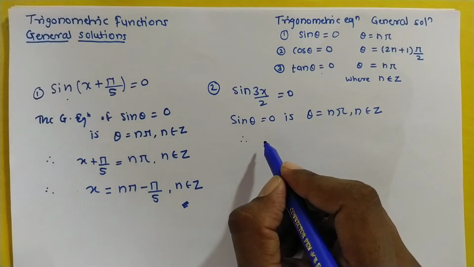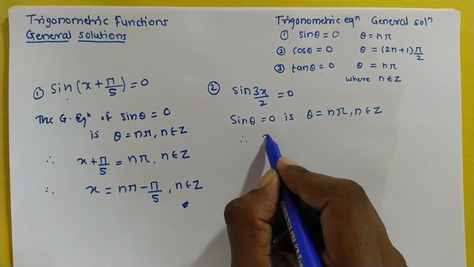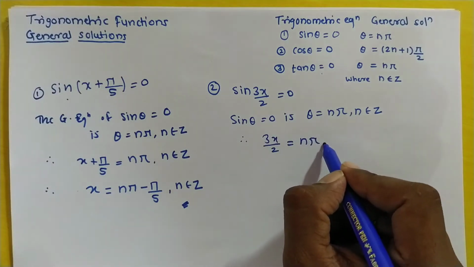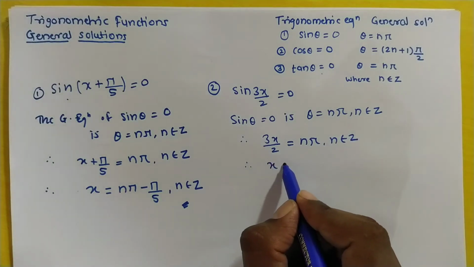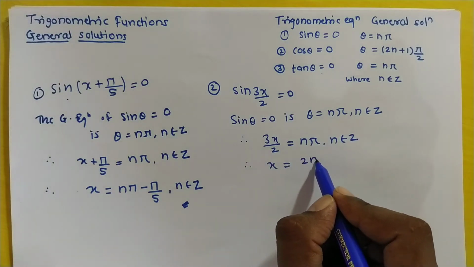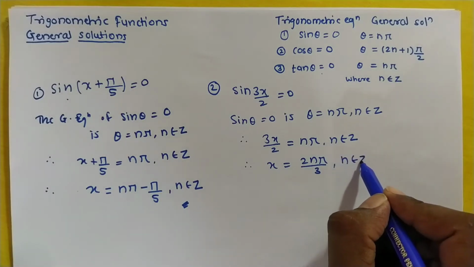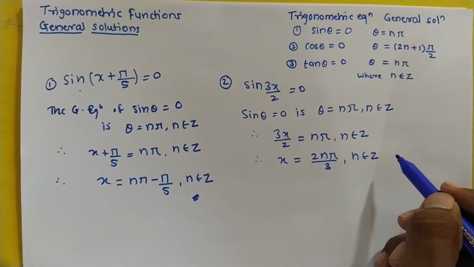Therefore the general solution for sine of 3x by 2 equal to 0 is 3x by 2 equal to n pi, where n belongs to the set of integers. Therefore the value of x we can find is 2 times n pi upon 3, where n belongs to the set of integers. So now we take the next example,